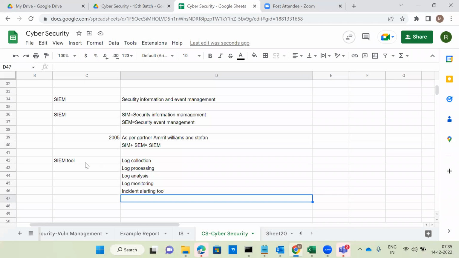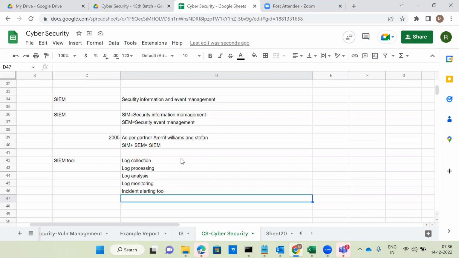So both are equivalent. Here also there is log collection, log analysis, log processing, log monitoring, and alerting of the respective abnormal incidents or malicious incidents or abnormal activity and so on. So that is about the SIEM tool. Here it only gives the alert notification to us as security analysts. We have to go and do the incident investigation and identify whether it is a false positive or true positive. If it is a false positive, we have to close the incident. If it's a true positive, based on the infection, we have to take care of the incident response as well.